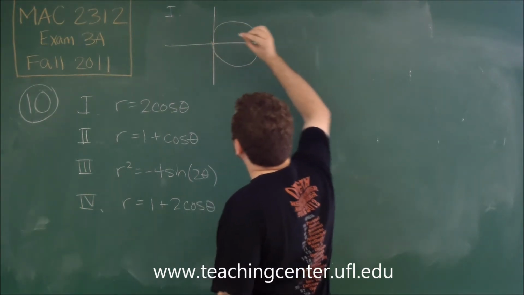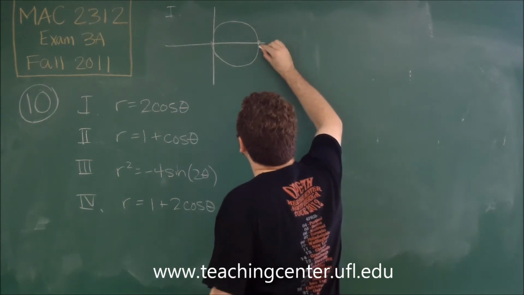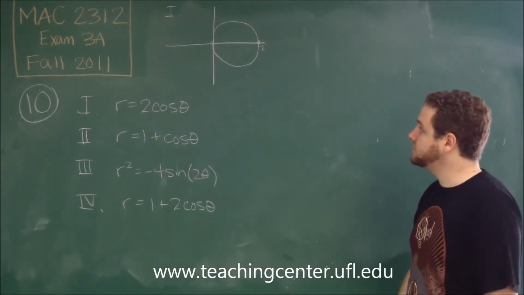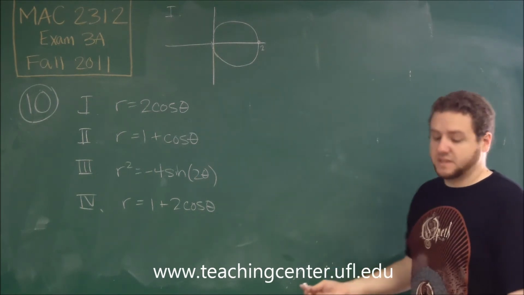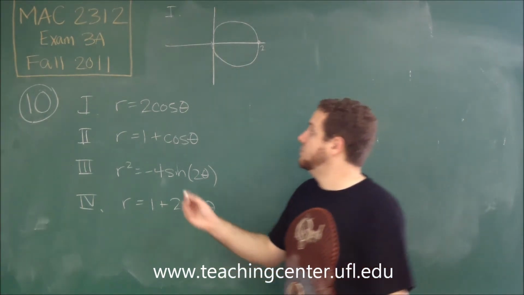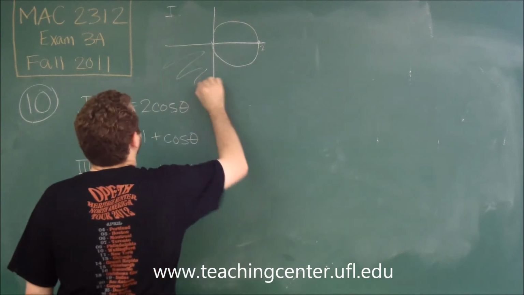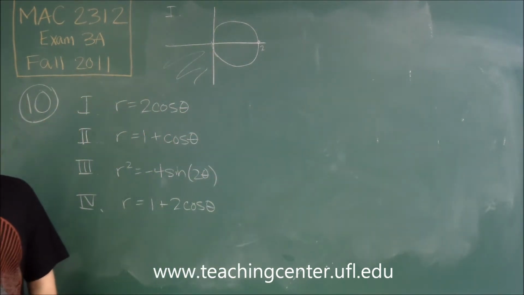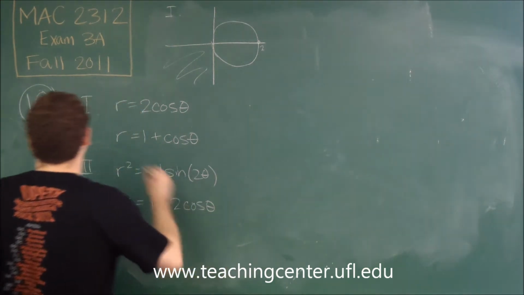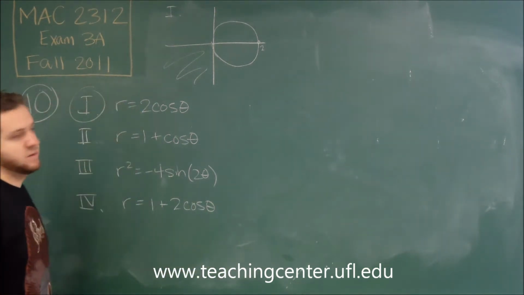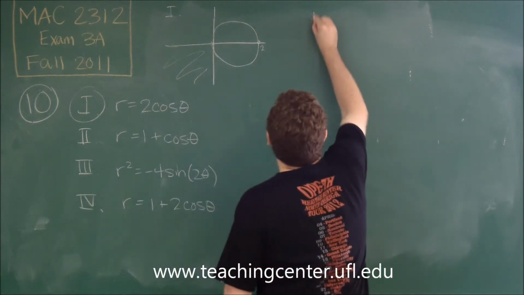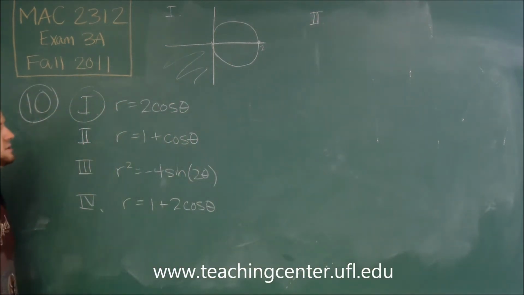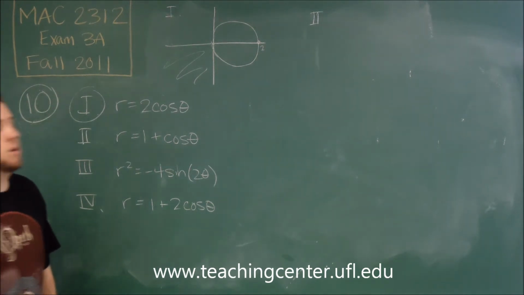where the origin is the leftmost point, and the point 2, 0 in Cartesian is the rightmost point. This graph does not intersect the third quadrant, which would be down here, at all. So that is one of our correct answers. So 1 does not intersect the third quadrant. Number 2, we have R equals 1 plus cosine theta. Okay, this is a cardioid